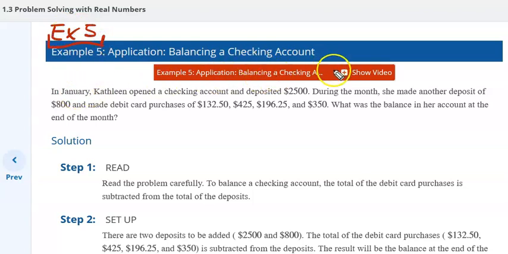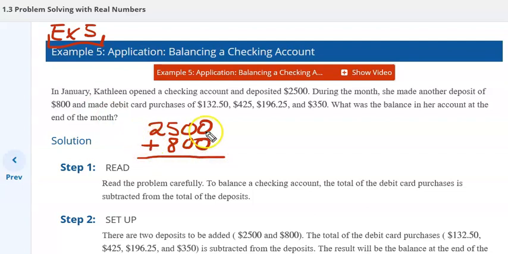Here we have a checking account where the opening amount is $2,500. Now, this person made deposits of $800 and then made some purchases. What would be the balance in her account at the end of the month? Well, you'd have to add this up to see how much she has in her checking account, and then you're going to list these: